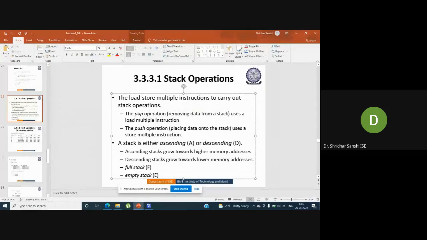So in order to do this pop operation, which instruction do we have? We have the load instruction. Whenever we execute a load instruction, it is similar to the pop operation on a stack. So removing data from a stack uses the load multiple instruction. Whatever instructions we have used for load, those instructions we can use for this pop